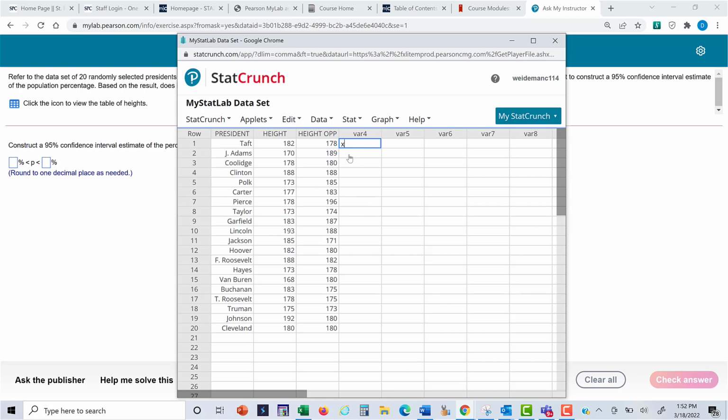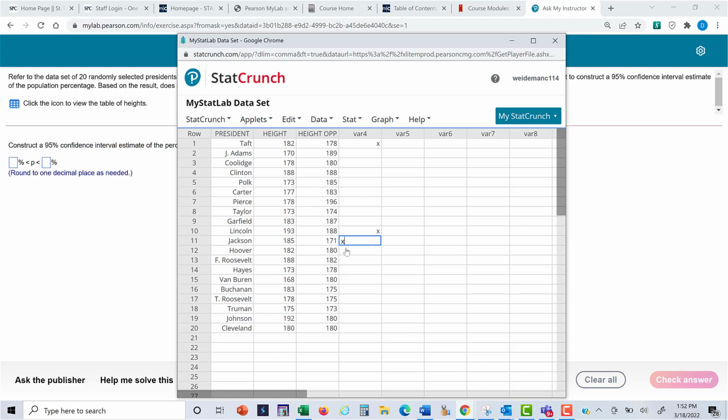And we see Taft was taller than his opponent. John Adams was not. Coolidge was not. Clinton and his opponent were the same height, so we're going to leave that blank because you don't count it if the president's not taller than his opponent. Polk was not. Carter was not, Pierce was not, Taylor was not, Garfield was not, Lincoln was taller than his